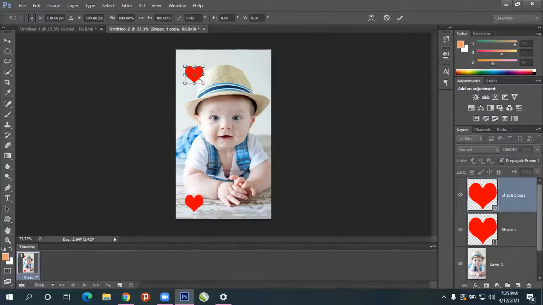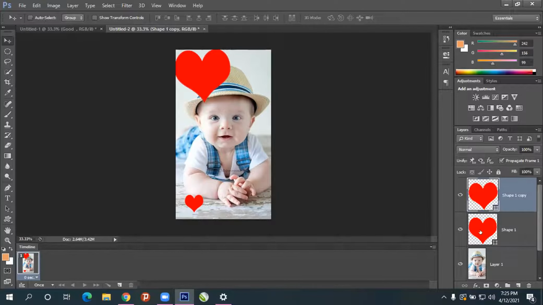Control T, maximize. I'll press enter. This one also I'll move somewhere here. Actually, this one is not required.